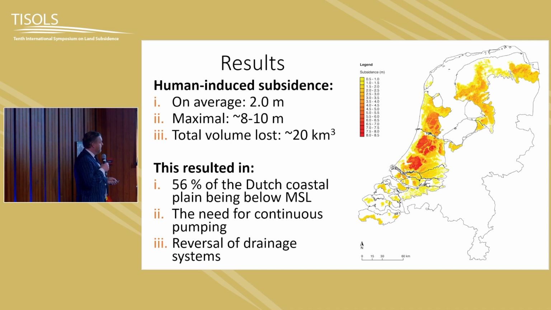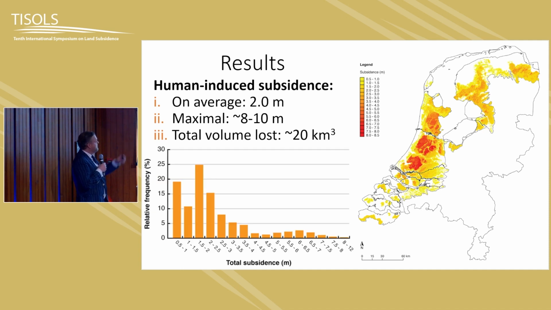But if you look at this map, you can see there are two groups of land subsidence. You have a larger part which has subsided about 1 or 2 meters, which is this peak here. And there is a smaller group that subsided about 5 to 6 meters. Those 5 to 6 meters are the mines, the former peat mines, and the other one is the large piece of land where land subsidence has to do with drainage.